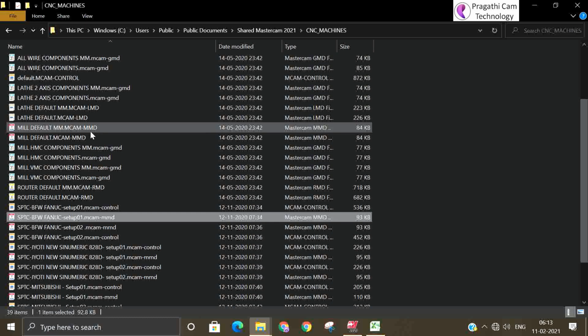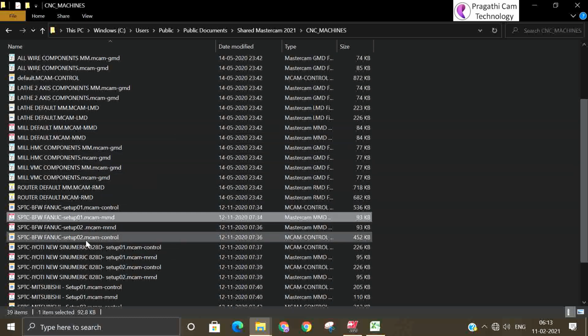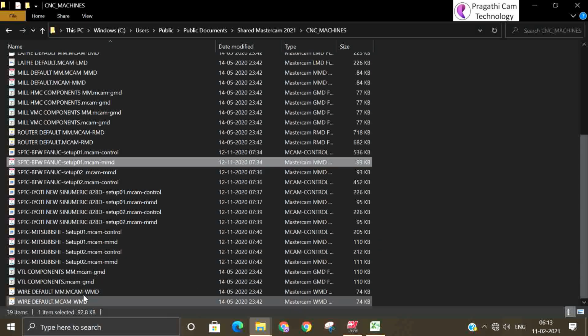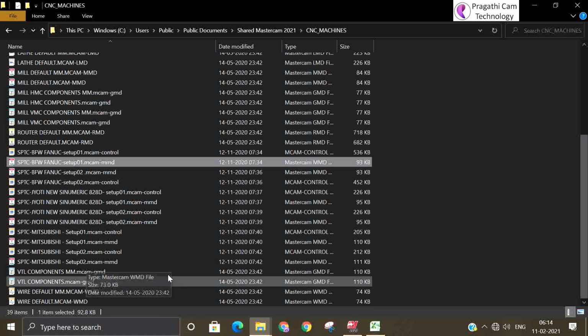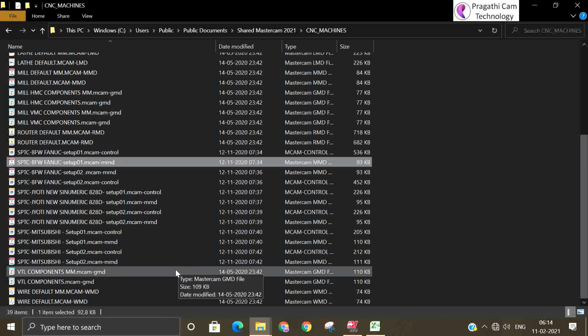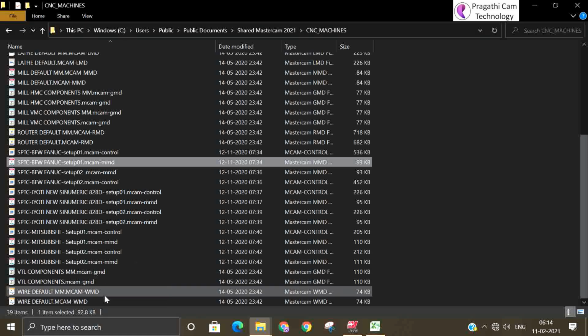MMD is the milling machine definition. Wire cut machine definition is WMD. So milling MMD, lathe LMD, wire WMD, and routing is the RMD files. These are the machine definition files.